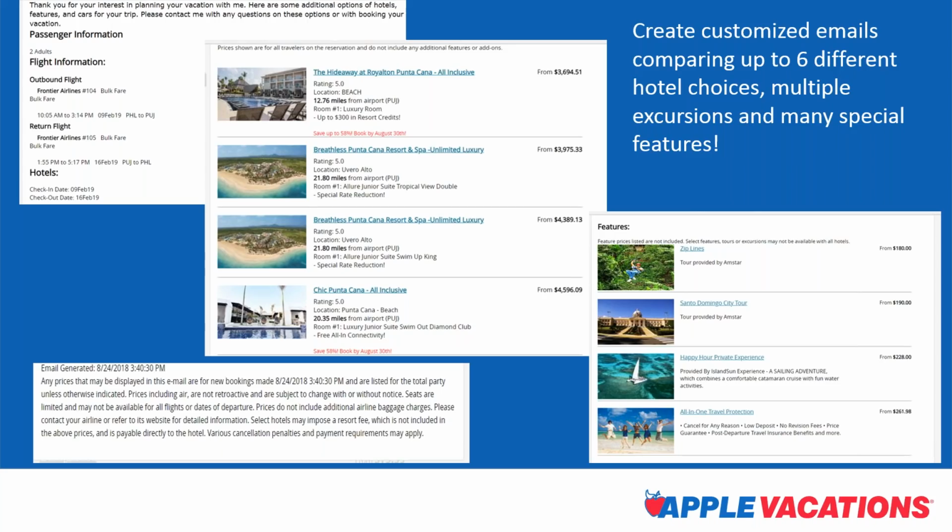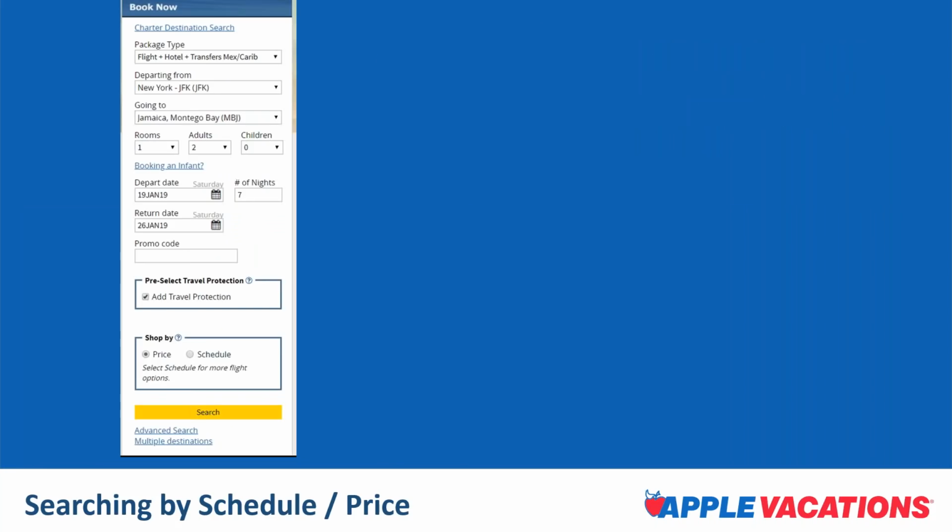Once you've created this, now you can email this to your clients. And the great thing about this is those 4 hotel options that I've included in this, you see the pricing next to it. Those prices are package prices with that common air that we chose. So in the past, rather than having to send them 4 different itineraries, now you've created one really nice, well-packaged, customized sales email that they can review everything in one nice, neat document.